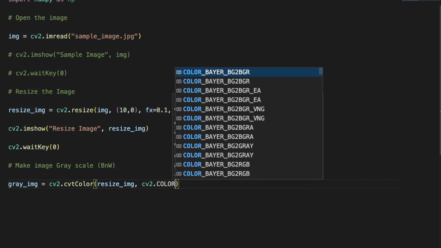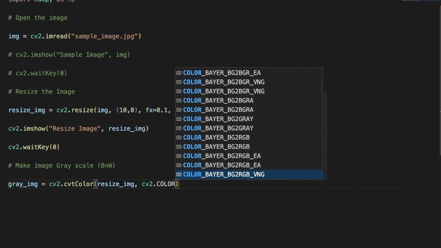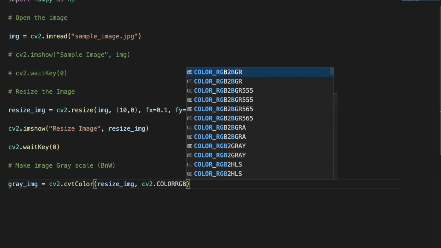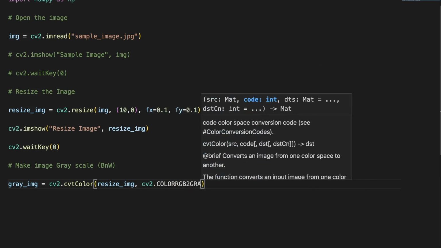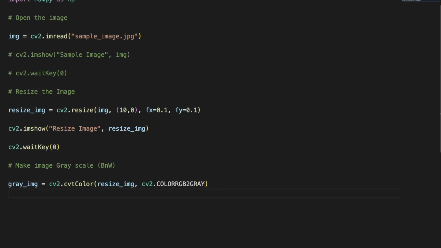So if you do cv dot cvtColor, we get a lot of options over here to change the color. We are going to change it to RGB to gray. So this image is now grayscale. Now I'm going to comment this so that we can